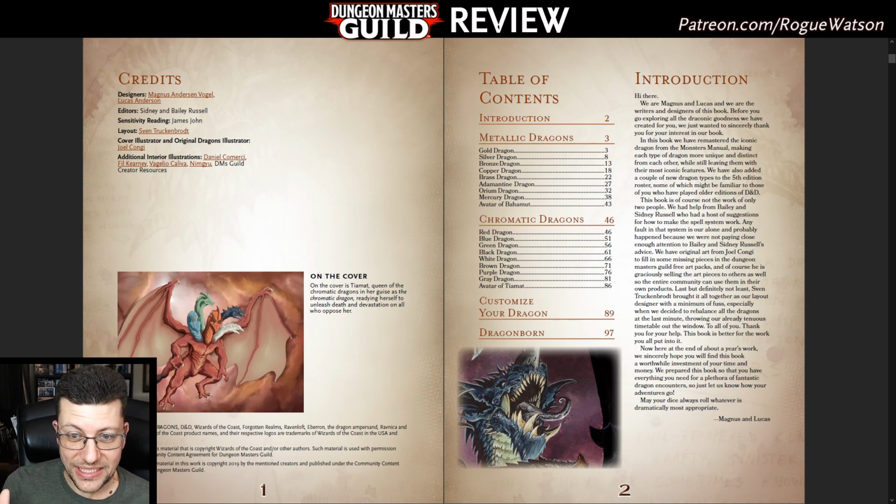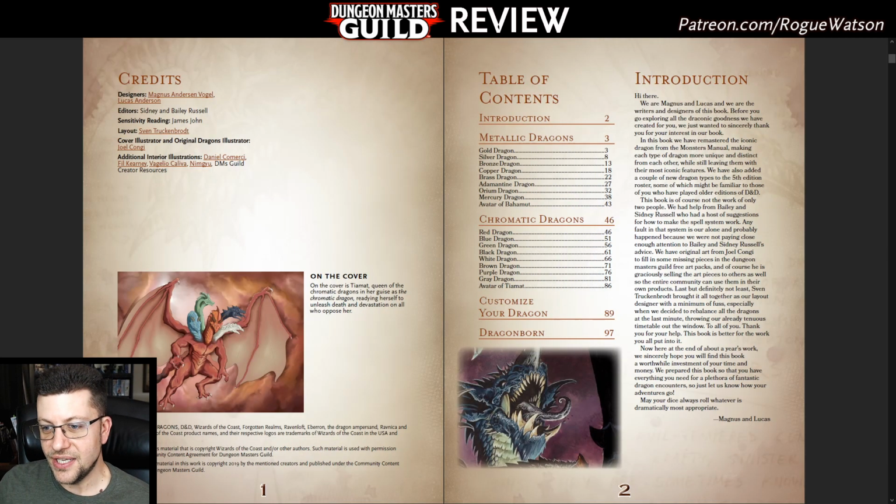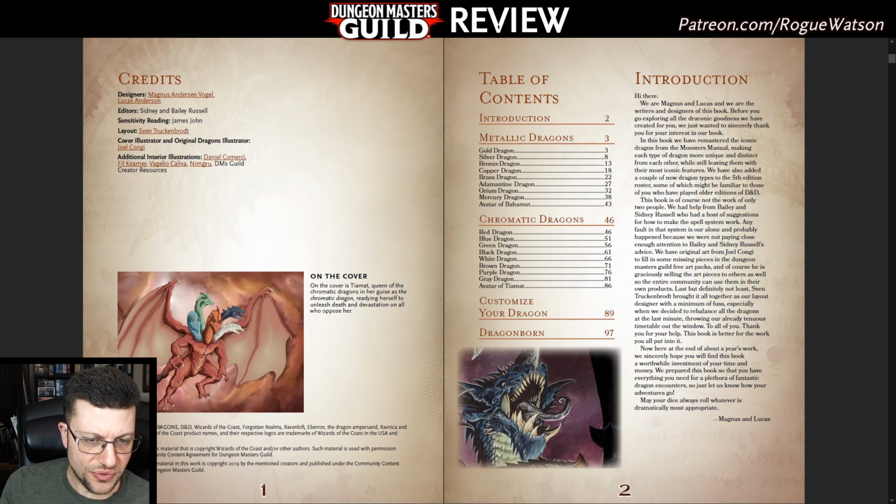And recently, we just had Fizban's Treasury of Dragons, which included a whole bunch of other new dragons, in case you wanted some of the gem mineral dragons and more information about dragons and lore and things. So why do you need yet another dragon book? Well, Dragons Remastered takes all of the stat blocks from the original 5e Monster Manual, rebalances some of them, and mainly gives us some new content in the form of new flavorful legendary actions, new breath weapons, new dragon-specific spells,